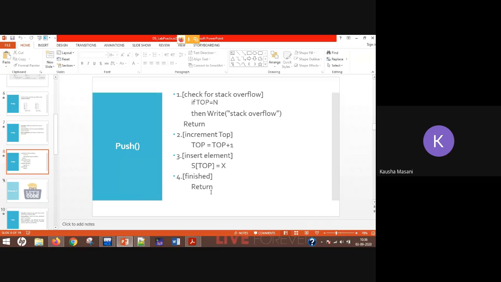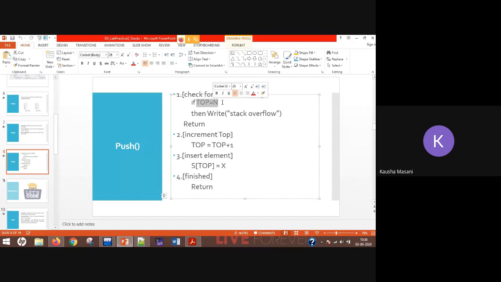Write an if-else condition. In the if condition, you are going for this: if top is equal to stack size minus 1, and it is true, printf statement, stack is full. Otherwise, in the else part, see, if you are writing top equal n, then the n value should be stack size minus 1.